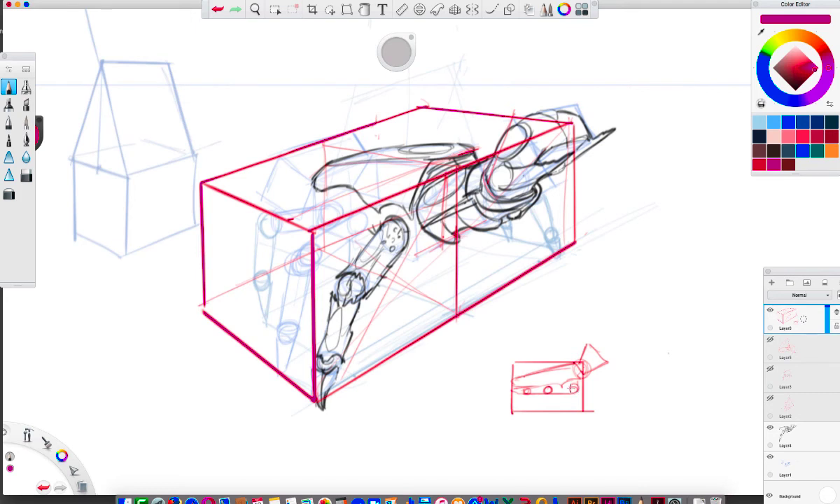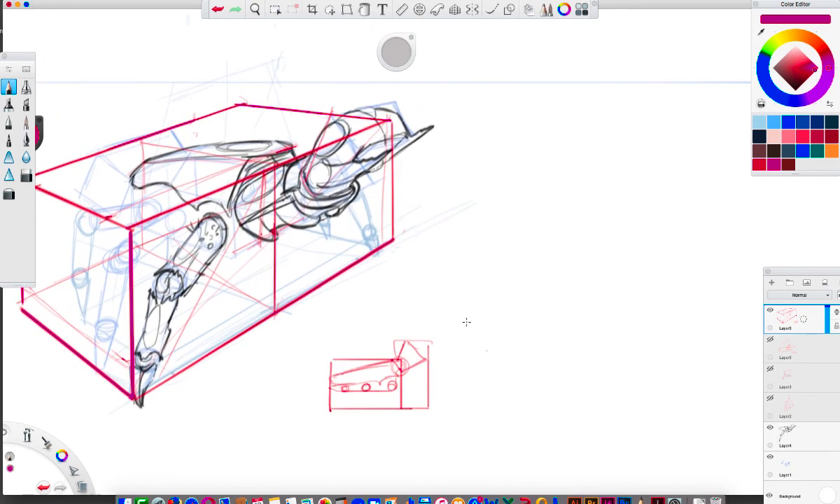Okay, so now what you do is you take this measurement and you take these little notations, understanding that the legs are from here to here about, and you just draw that in a reverse view. You start with the cube first. So if I take a look at this, and if I start to draw my bug in a reverse view,